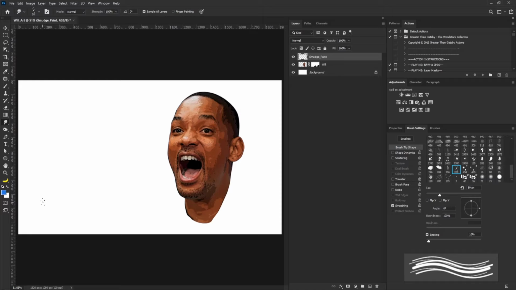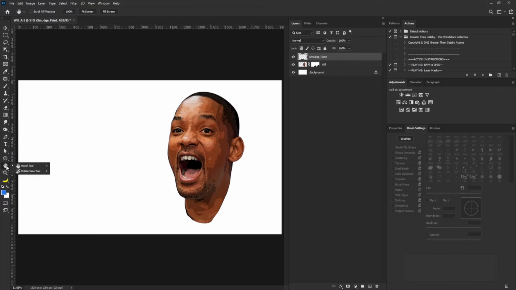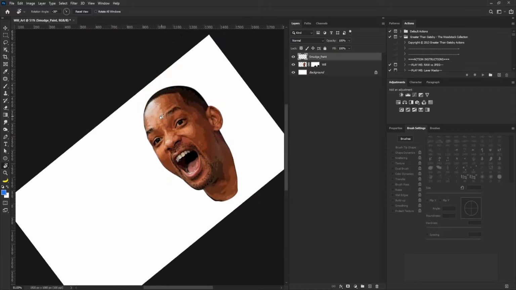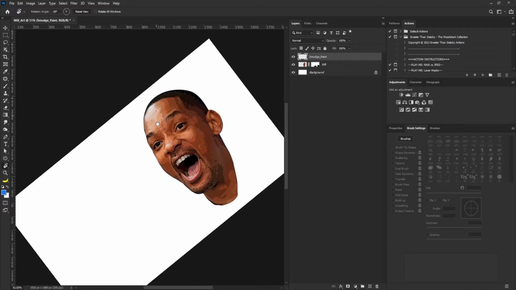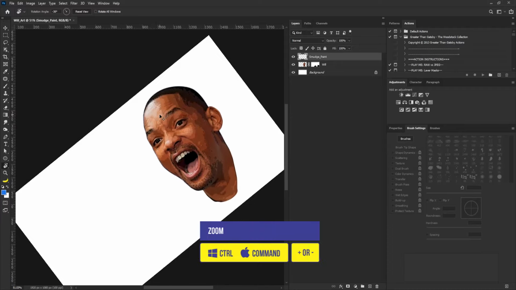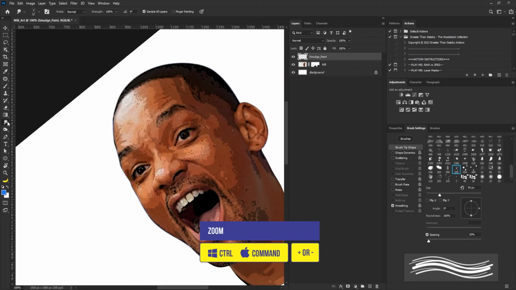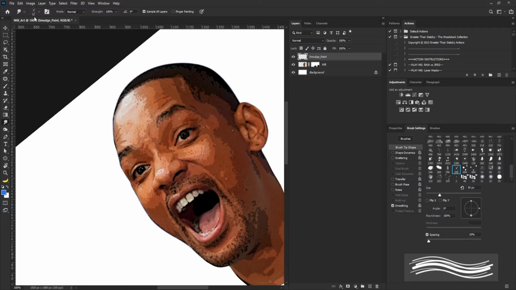Then what I'm going to do now is to rotate my screen. So I'm going to do that by clicking and hold on the hand tool and select the rotate view tool. Then I'm going to rotate my artboard this way. So I'm going to use space bar and drag my artboard down. I'll zoom in. Okay. So back to the smudge tool, and on the smudge tool property bar here, make sure